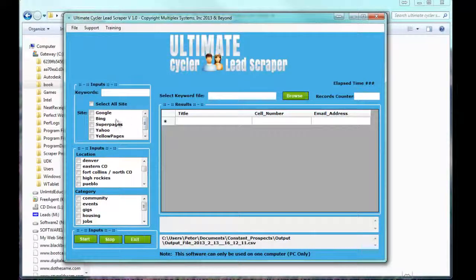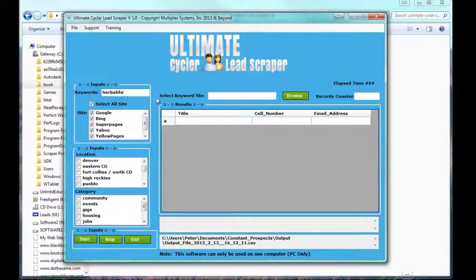But generally what people will do is they'll select all, and it'll go through each one of these, and you go over here and you just type in the keyword that you're looking for. Most people type in specific keywords relating to home-based business, network marketing, company names, and things like that. Don't put just something really, really generic, because you pull up all sorts of stuff. Okay, so be a little bit more specific and put in the name of a network marketing company, like I'm